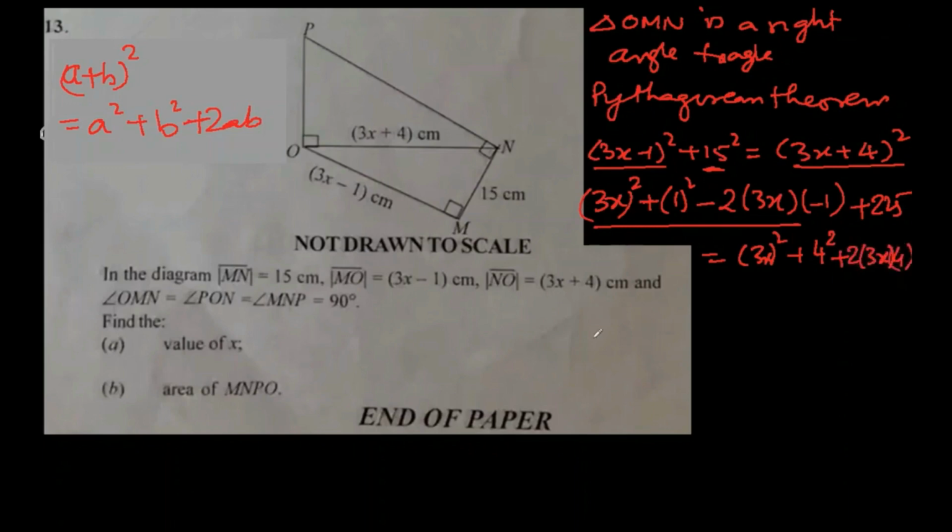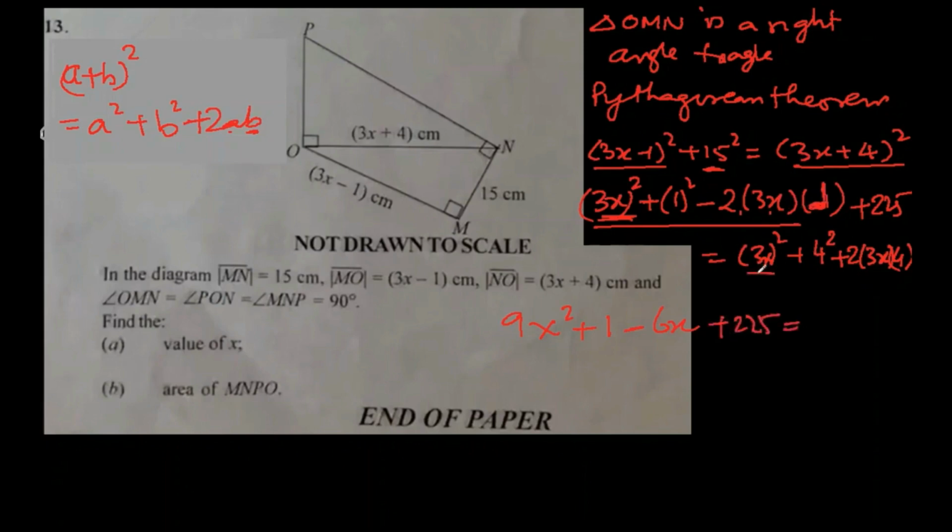Okay, and now let's expand this using more space. So 3x square is 9x square. So square of 1 will be 1, and this minus 2 times this, I think, oh sorry, we shouldn't write this. It is 2ab. Okay, there is no negative with b, so it will remain negative. So minus 6x, 2 times 3 is 6, and x, it is just 1. 1 doesn't make any difference. Plus 225